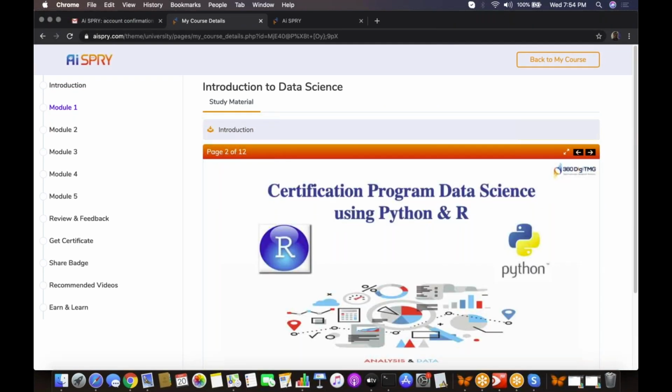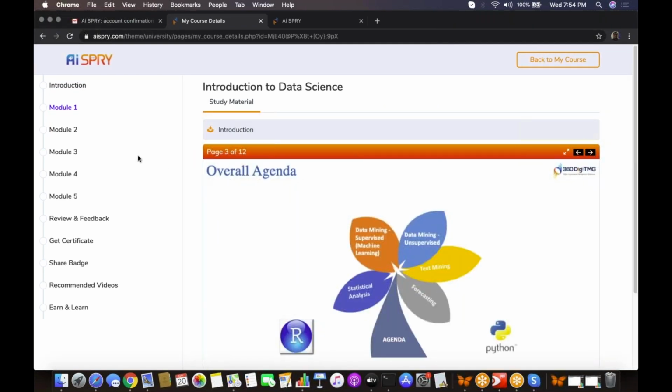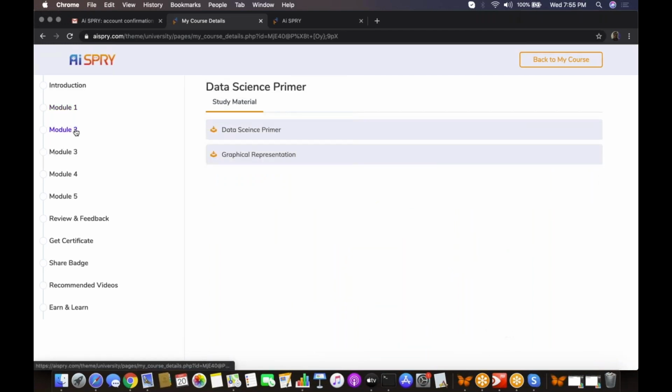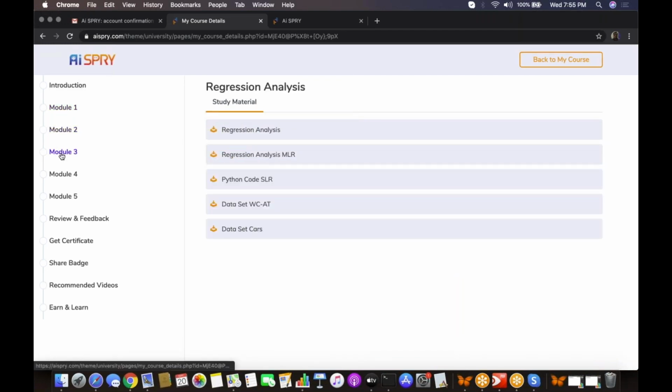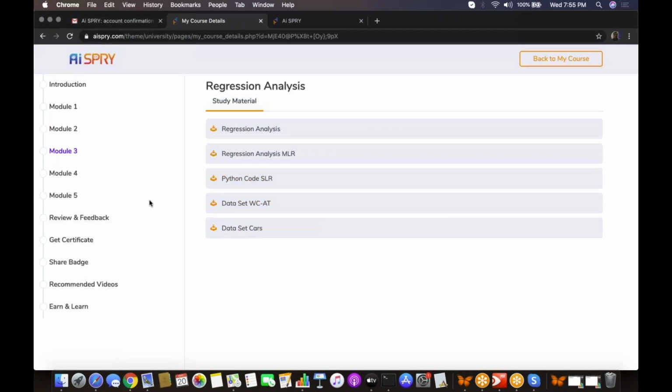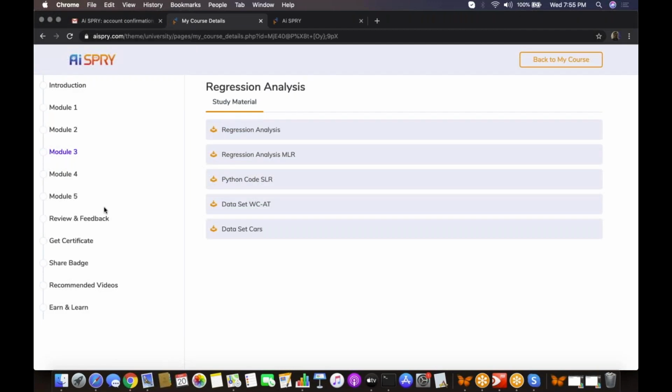We also have study material, the Python code and the data sets that were used as part of your training. You can download this Python code and the data sets and practice them. The access will be there.